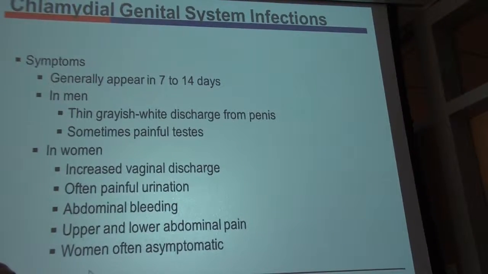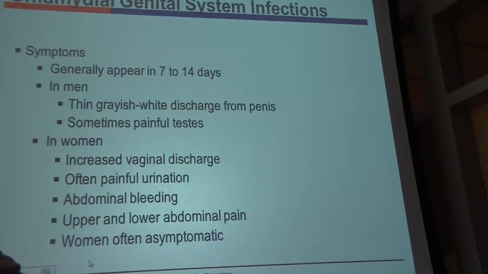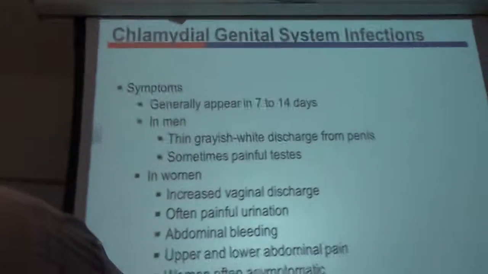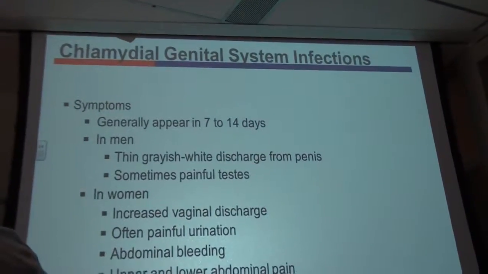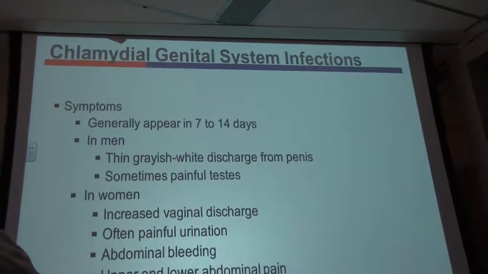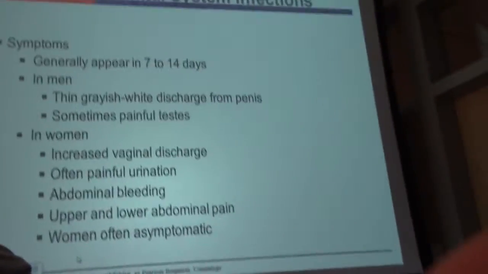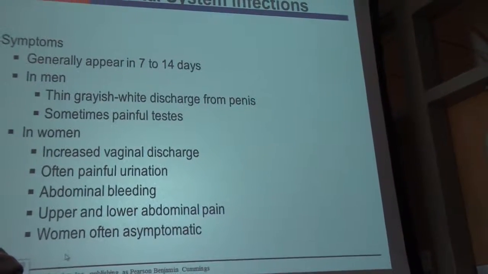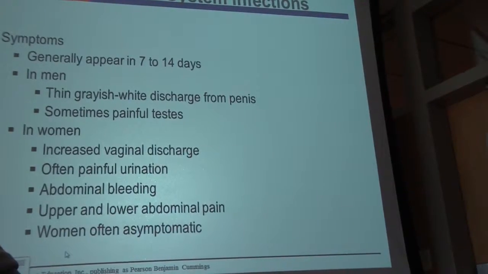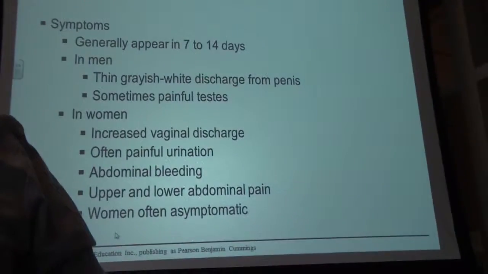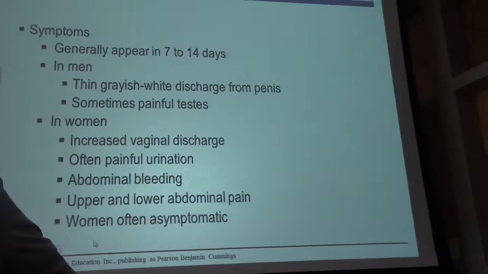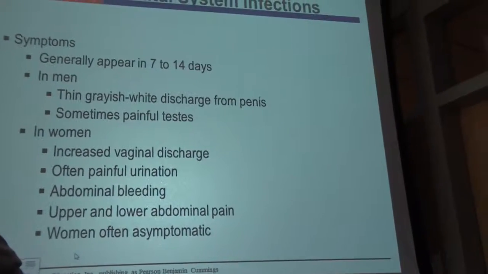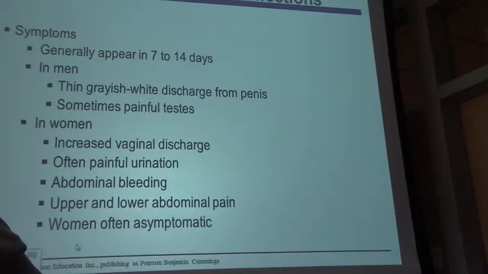Without symptoms, there's no treatment sought, and if those infections go untreated, it moves from the vaginal vault. Typically, chlamydia will infect the epithelial cells around the cervical os and then move up the fallopian tubes, infecting the epithelial cells in what we call an ascending infection. And as it grows in those cells, it can cause scarring as a result of the infection, and tubal scarring can then lead to